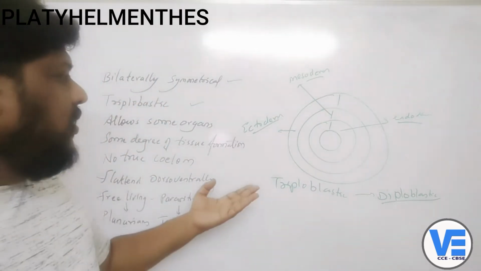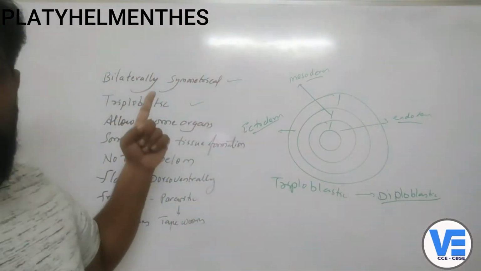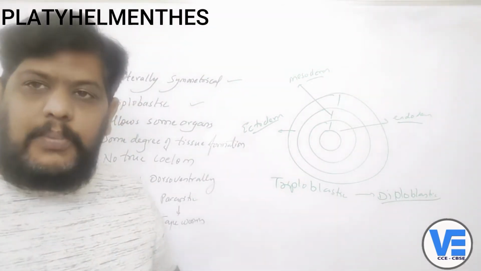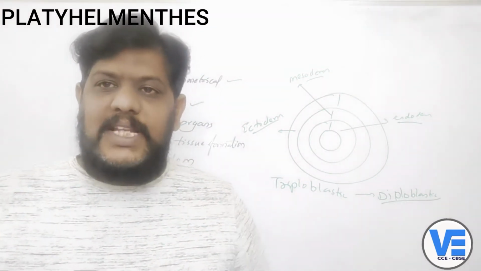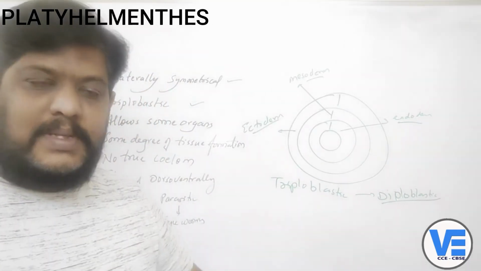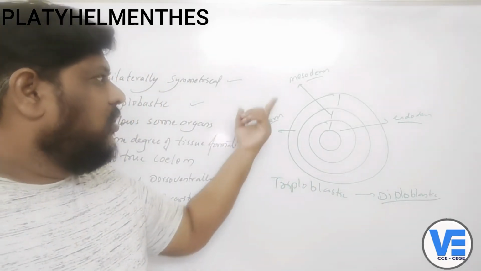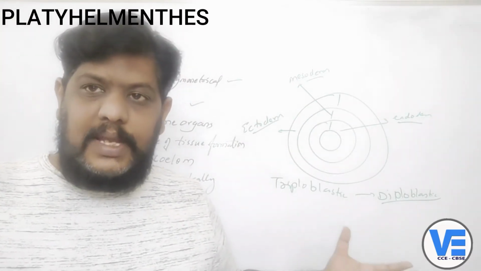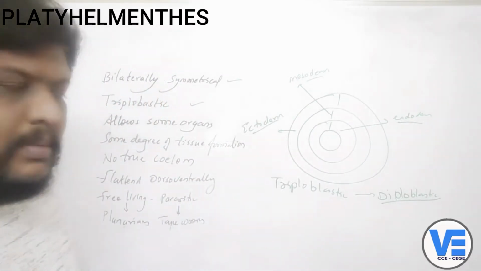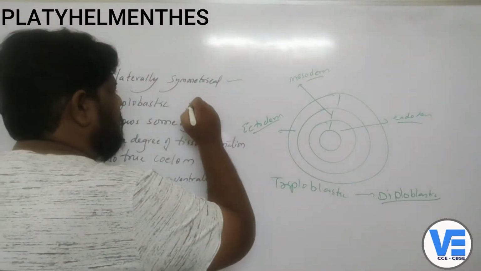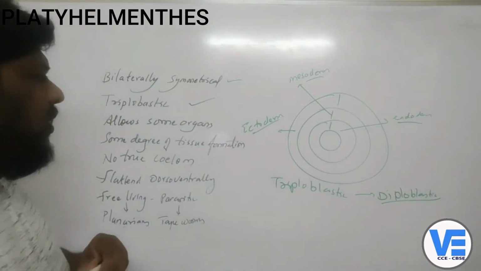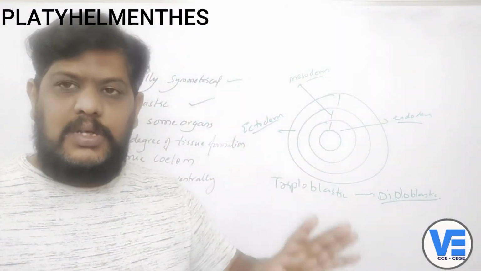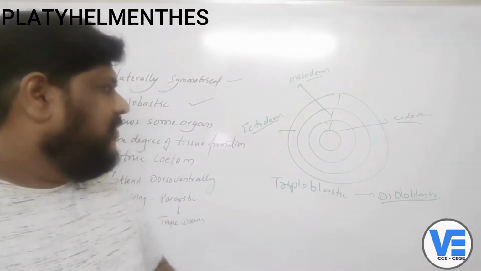But when you come to the organisms in the Platyhelminthes, they are all triploblastic. Triploblastic in the sense that there are three layers of cells present. They are ectoderm, mesoderm, and endoderm. So these are the three layers present in the cell. That's why they are triploblastic. Remember this point. That is how it becomes triploblastic. Because it is a triploblastic organism, because it has mesoderm, endoderm and ectoderm, they will allow